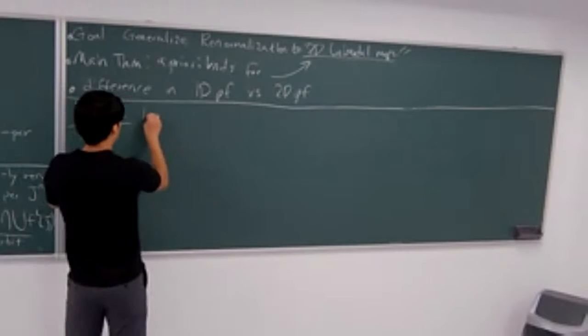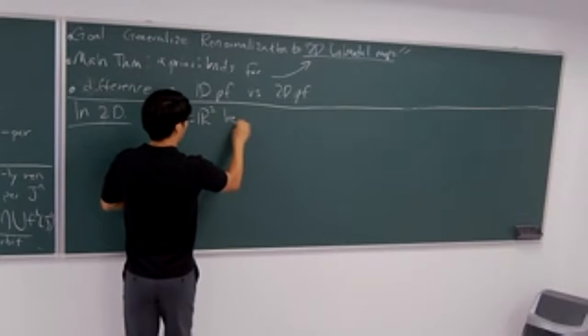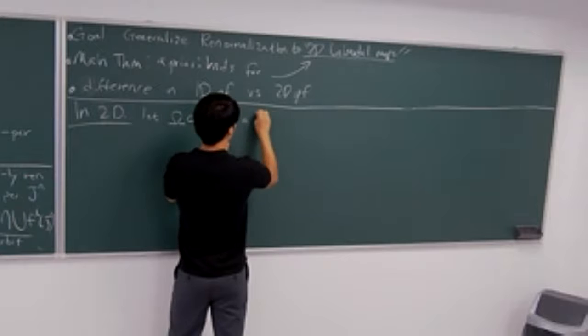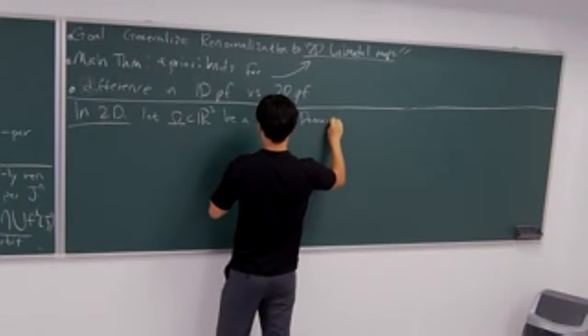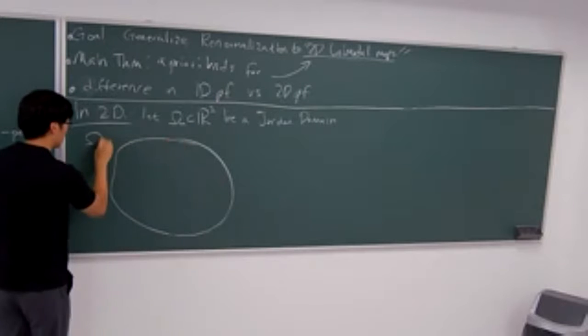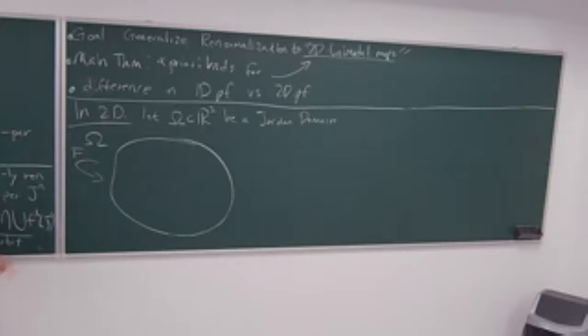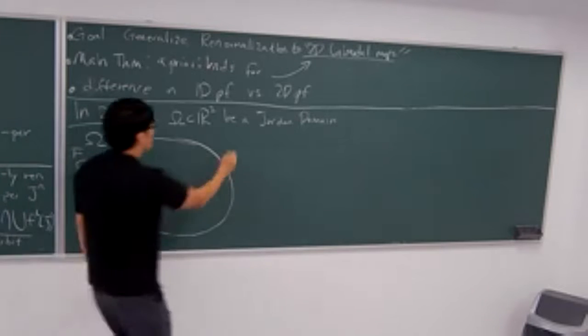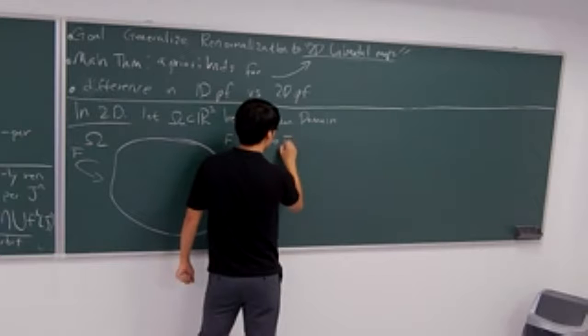So let omega be a Jordan domain. So just draw something looking like this, and F maps this domain into itself. F maps omega compactly into itself